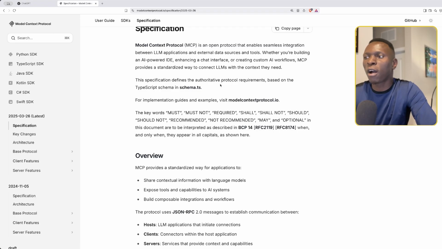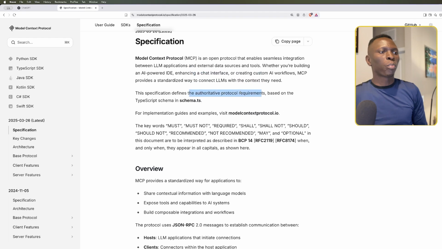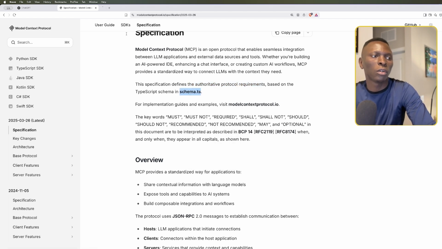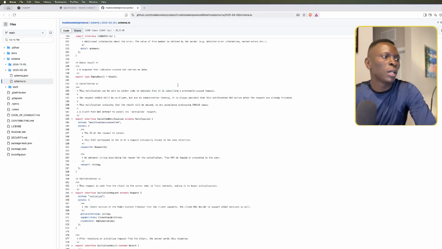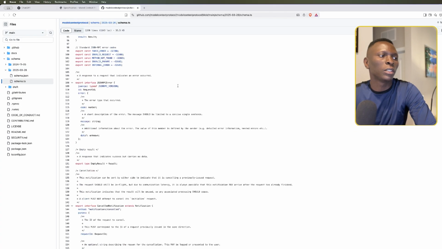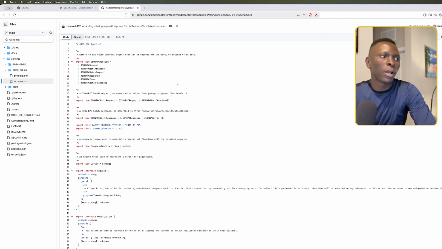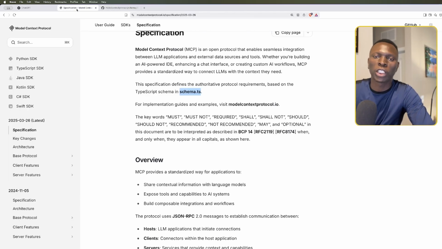This specification defines the authoritative protocol requirements based on the TypeScript schema in schema.ts, right? And then we can see the TypeScript schema. This is the schema that details the way data will be transferred between the client and the server, and the data types. Of course, JSON-RPC will be the protocol that we use for data transfer between a server